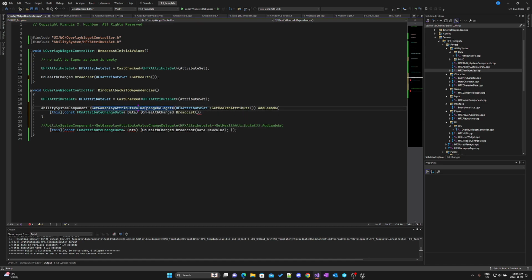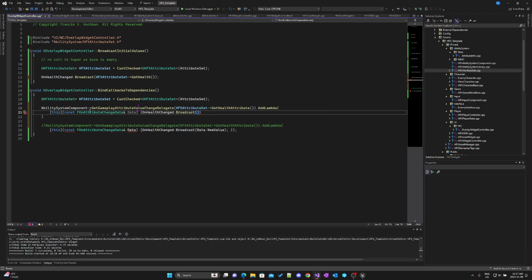So this function is going to fill this value of data. And then this value of data is going to be used in our broadcast, because this value of data is going to hold the value in the format for the attribute